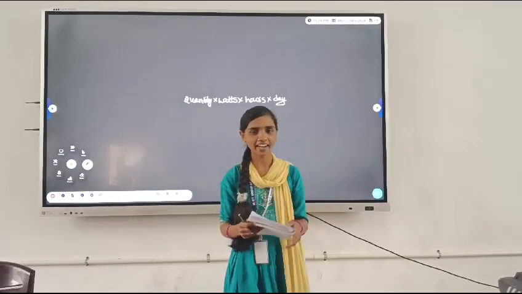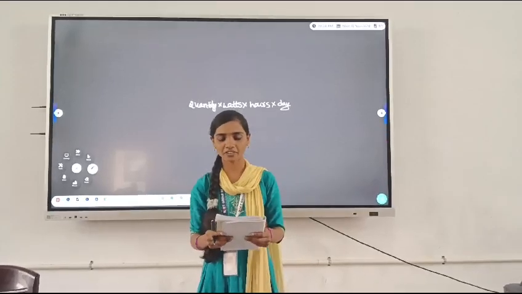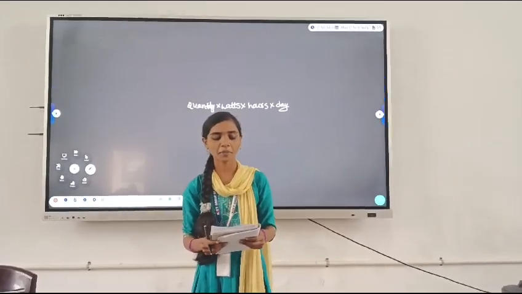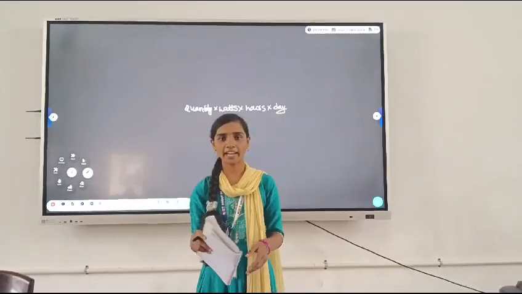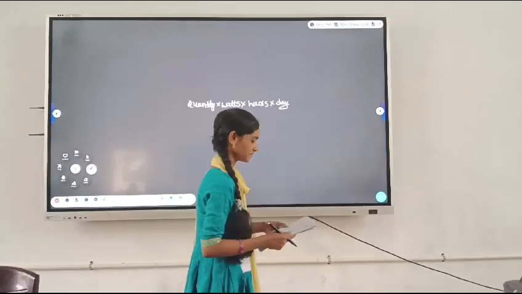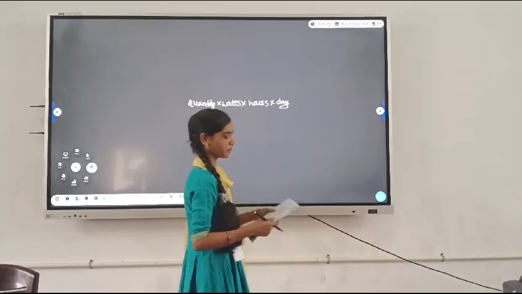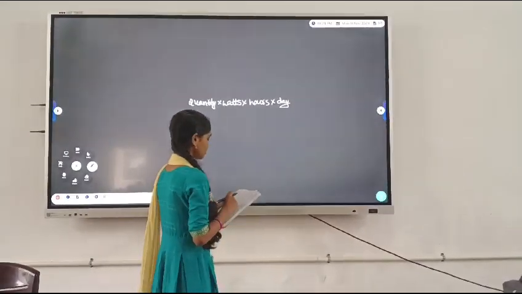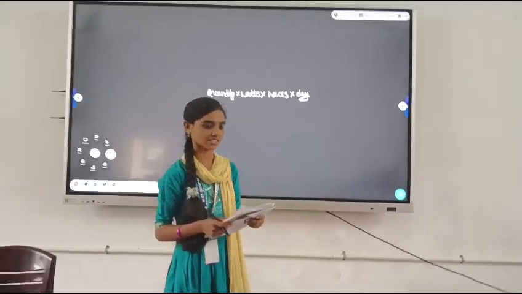Formula, and so the question is: calculate the amount of electrical energy consumption for a month of 30 days in a household. So we have to calculate the electricity bill in a household for 30 days. Here are some appliances that are used, given below. The first appliance is a 60 watt bulb for 6 hours.